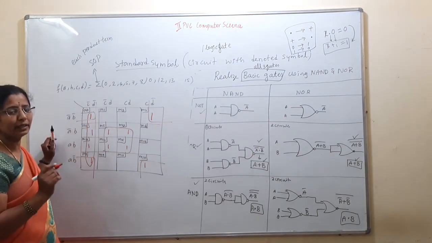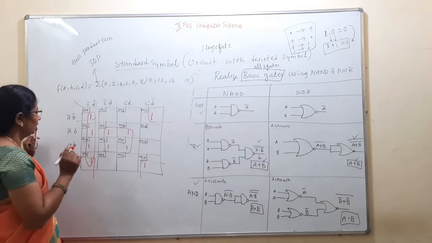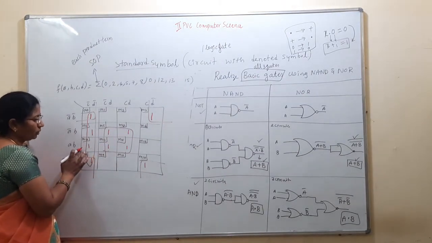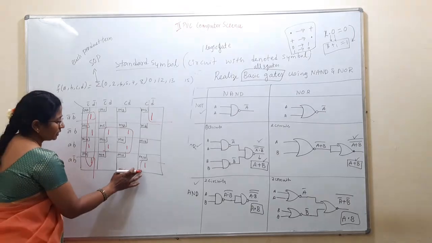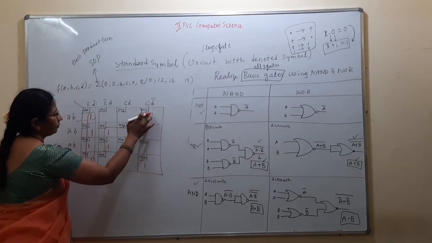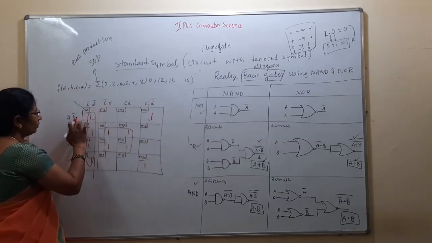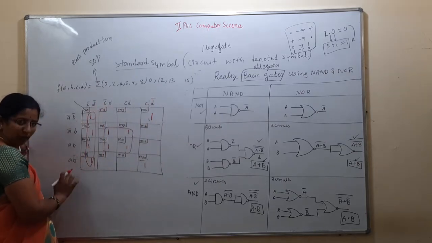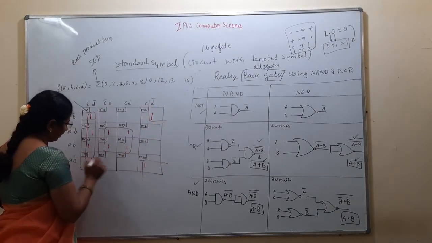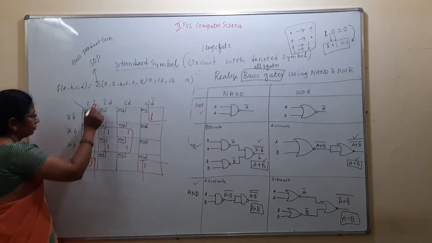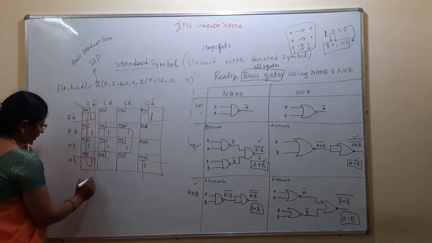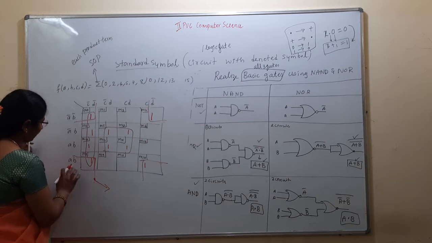Why is it redundant? Why should we not do it? See, M4 is already grouped, 5 is grouped, 13 is grouped, 12 is grouped. See, this is not included. These two are not included even though M0 and M8 are included. Instead of making a pair, we are making a quad to get the minimum number of terms, students. Understood? So, corners, what we did, what will we get from these corners?